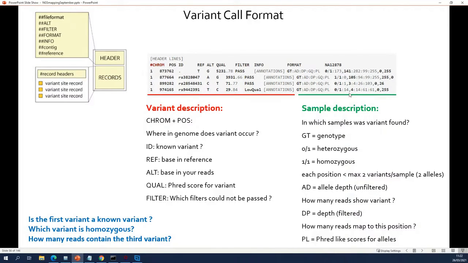So basically, this tells you more about how this variant was called. Where does it come from? Is it heterozygous, homozygous? How many reads were there? Can I trust it? If there are a lot of reads, you trust it. If there are not a lot of reads, well, it's not so trustworthy. Okay, so this is how you can interpret these VCF files. They're available for known variants, and GATK will also generate them for your data.